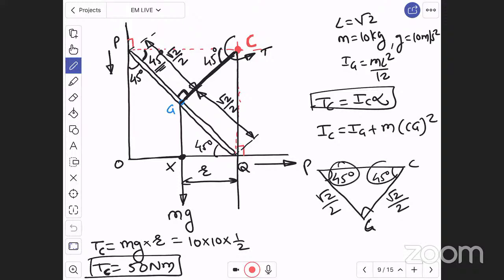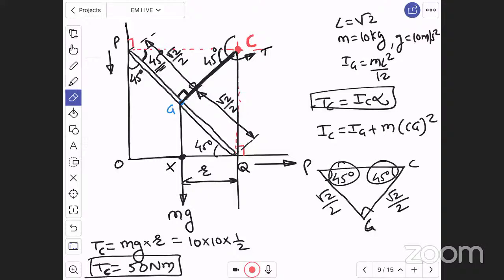45 के कारण ये root 2 by 2 आएगा. सिंपल स्कूल लेवल मैथमेटिक्स है, इसको एक्सप्लेन करने की जरूरत नहीं है मुझे लगता है. अगर किसी को लगता है इसको एक्सप्लेन करने की जरूरत है, तो कमेंट में लिखो, उसके लिए अलग से मैं 2 मिनट एक्सटेंड करूंगा वीडियो को, राइट।